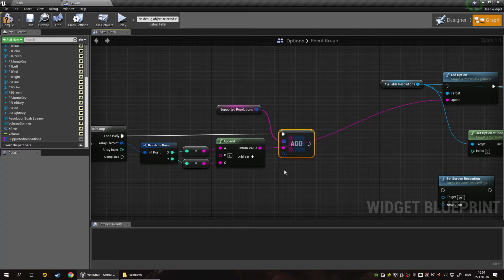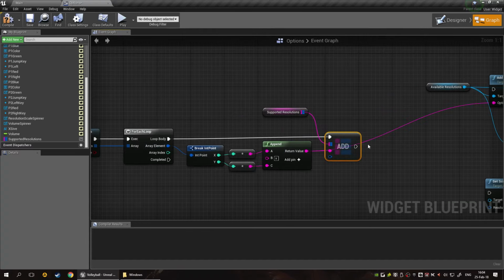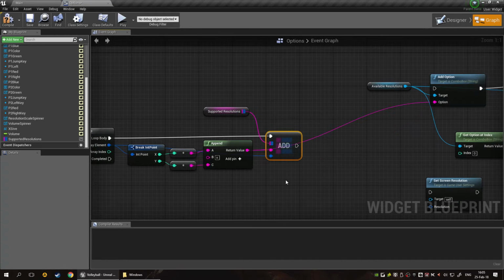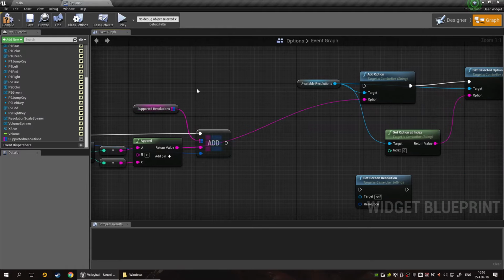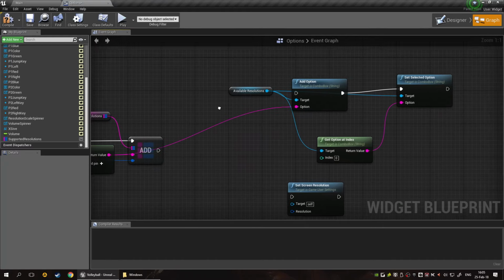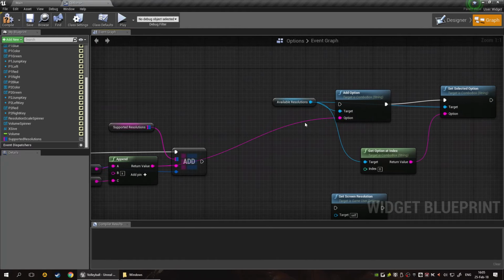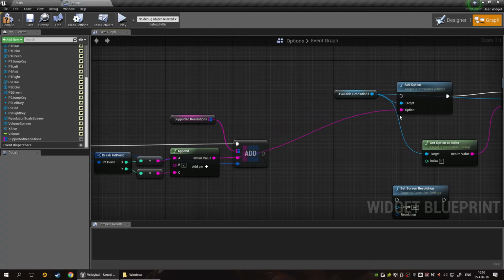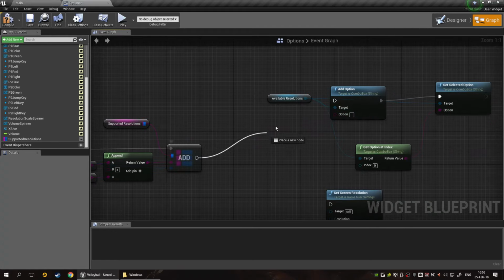And I've got my append, right? So I need to add the key. Every time this loops it's going to add the new key, which is going to be a times axb or whatever. And then I need to add the actual element, which would be the initial element. And now I have a key value map, right? We've got all the keys, you've got all the values, they're all paired, and now I have a full thing available to me here. This means that now I could go ahead and just remove this option, for example, hook this up over here,